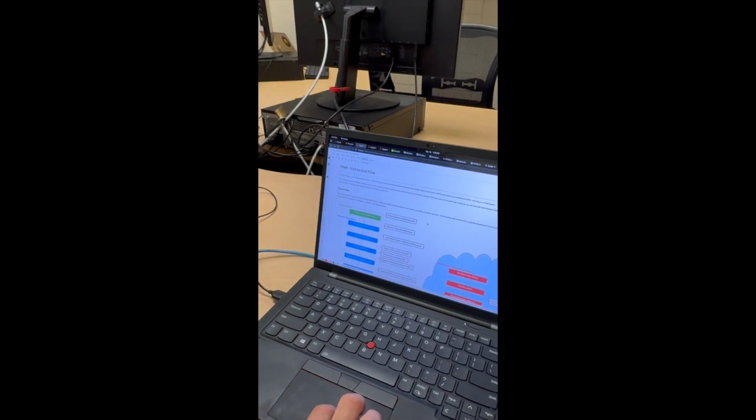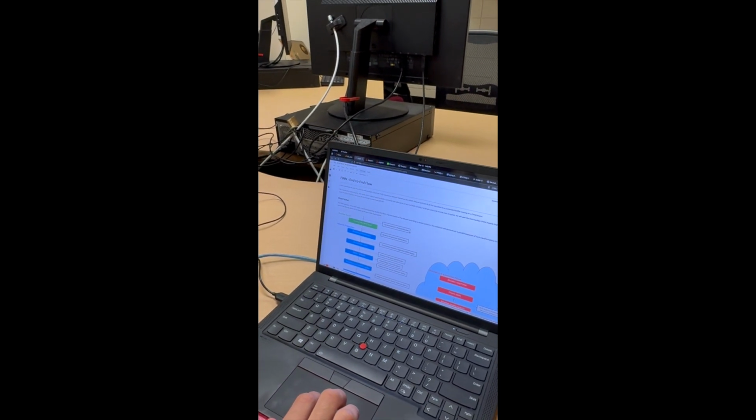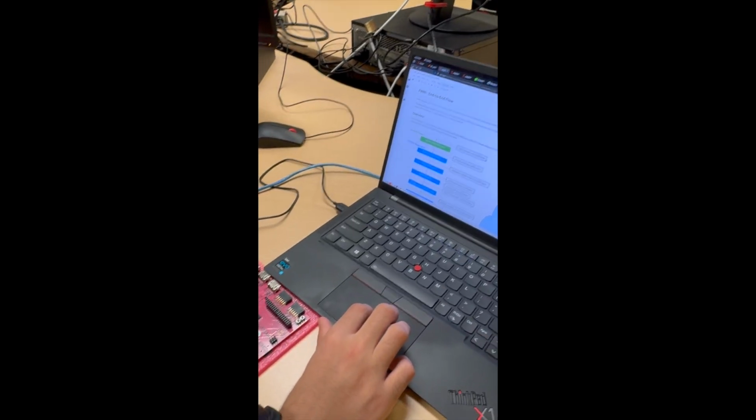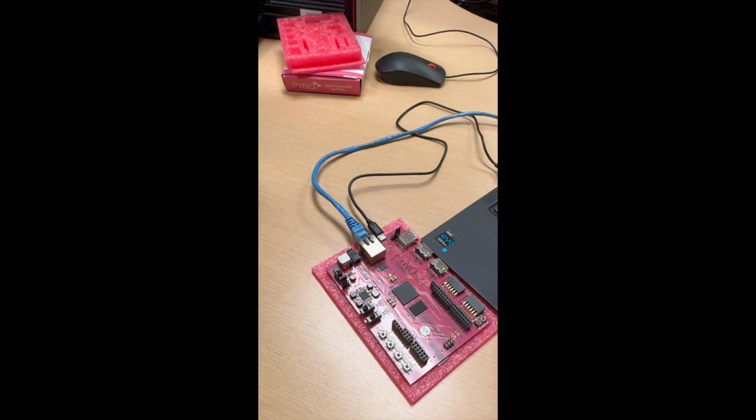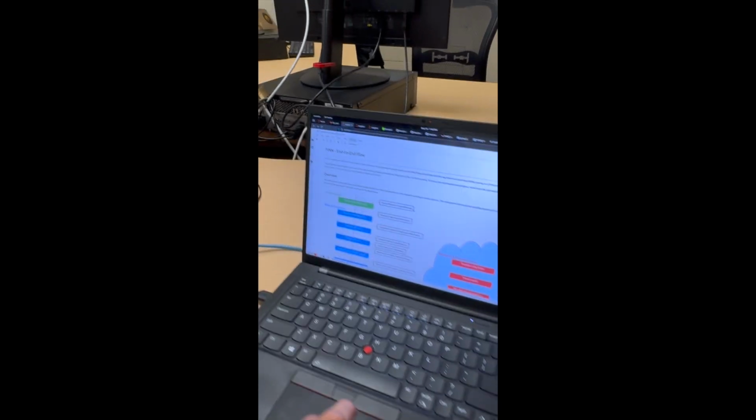Hey guys, welcome to our Embedded Systems 2 final project live demo by me, Asif, and Parth. Here's our PYNQ board running, connected via Ethernet to the laptop, and here's the overview that Parth will give